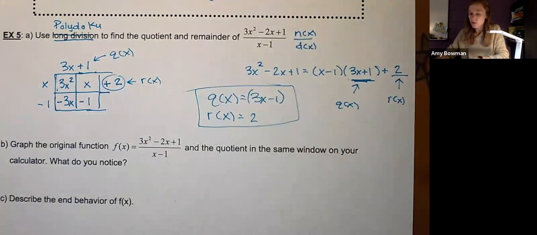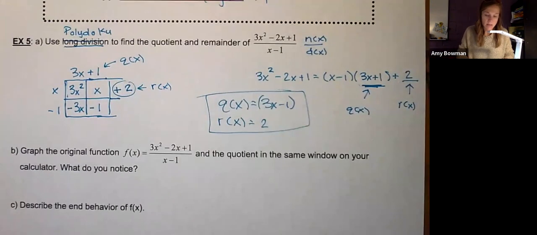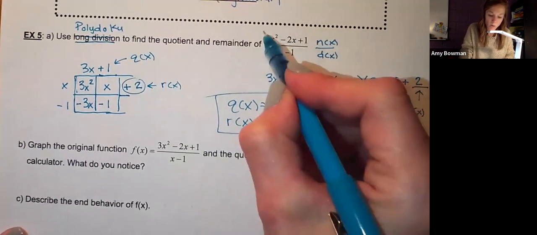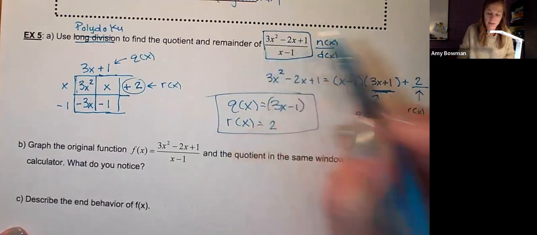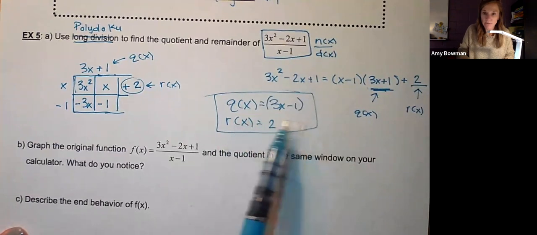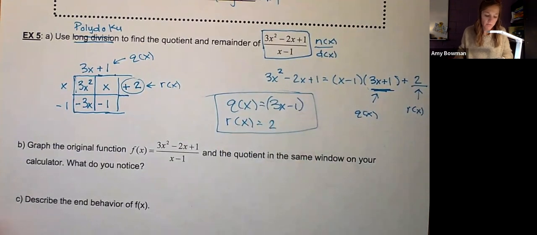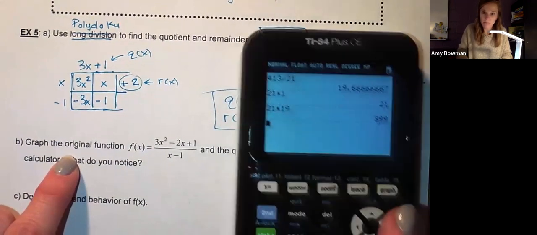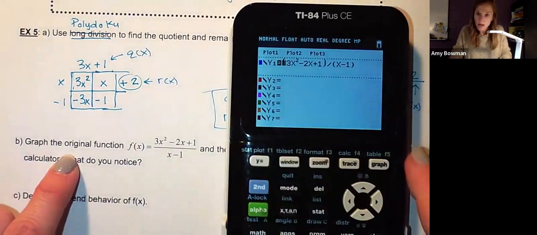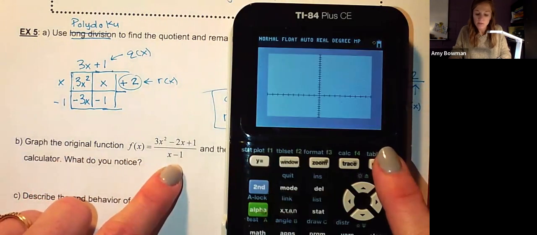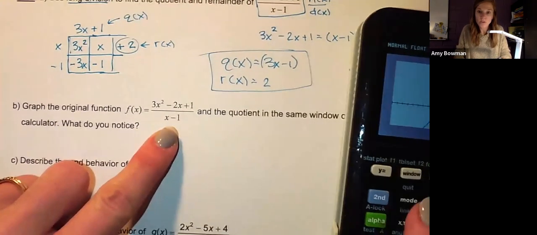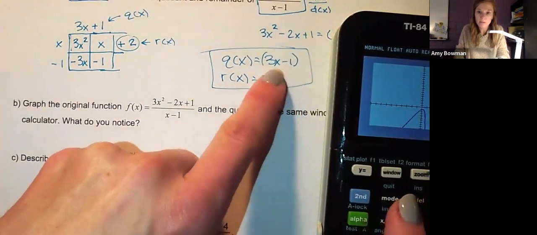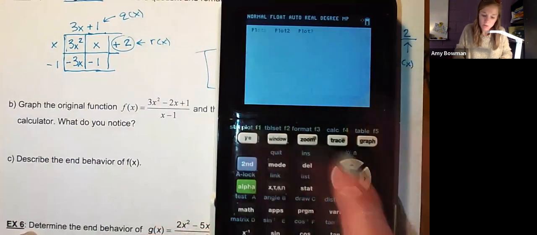All right, so now I'm going to show you my favorite part of this, and that is the relationship between this whole thing as a function and its graph related to the graph of its quotient. So if you graph the original function, so take a look at my screen here. 3x squared minus 2x plus 1 divided by x minus 1. So I can look at the graph of that. It'll draw it for us here. Kind of funky. And then if I graph the quotient in the same window,